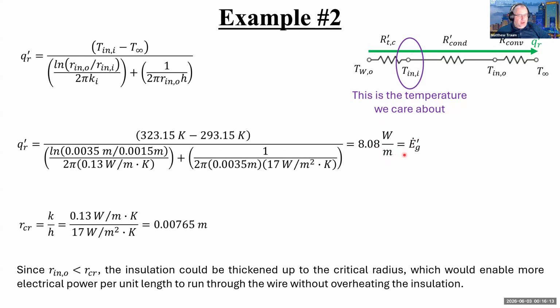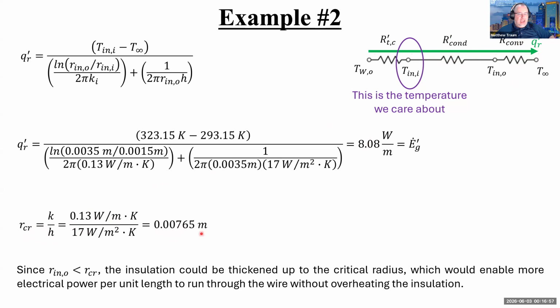Okay. Oh, critical radius. This is the last thing. So again, if you're interested in critical radius, you'll learn a lot about it from the quiz. It's in the book. I'm not going to spend time explaining it now because you're basically being evaluated on it and you can find the information you need from reading the textbook. So I'll leave you to do that. But the critical radius for cylindrical coordinates is K over H. We know the K value for the insulation, right? That value is given. And we know the H value for the convective heat transfer from the outside surface of the insulation. That value is given. So I'm just going to put that ratio together and I get